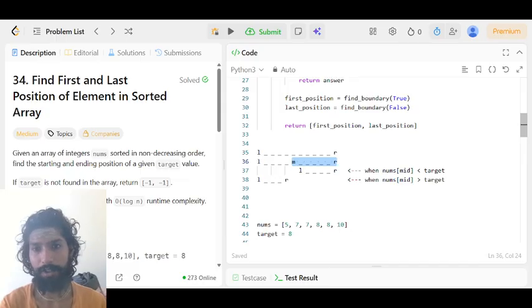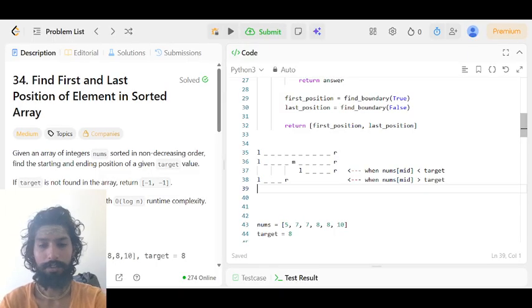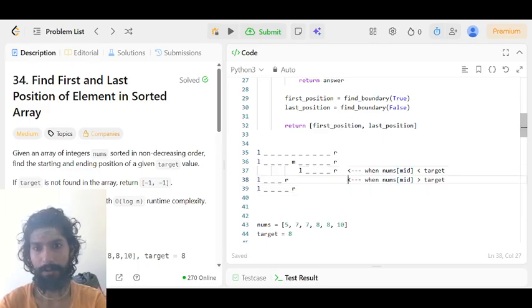So when it is equal to target, my search space will become like this. When nums mid is equal to target